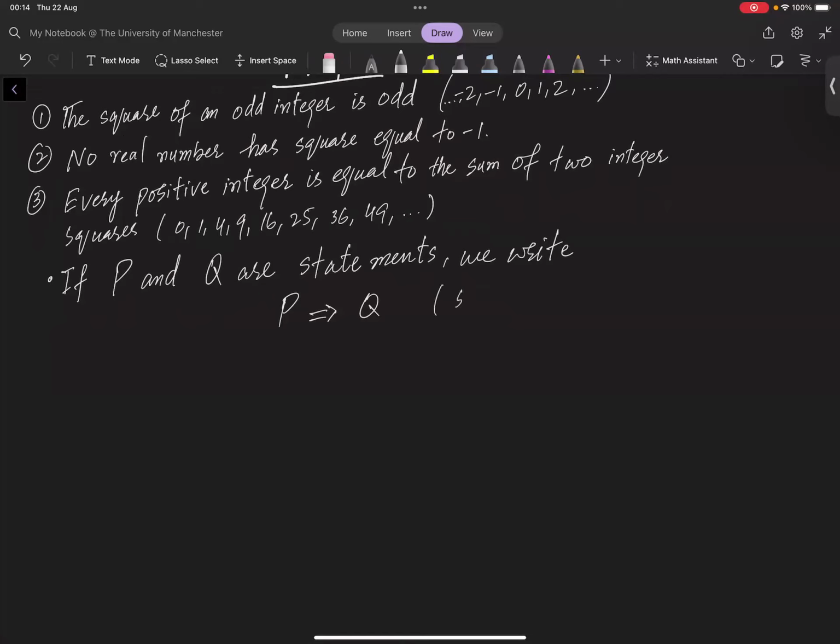Or you can say statement P implies statement Q. For example,